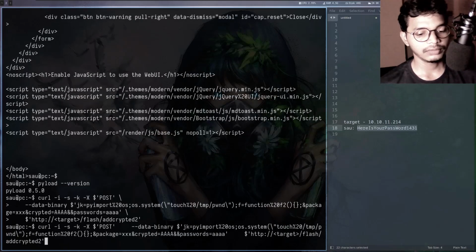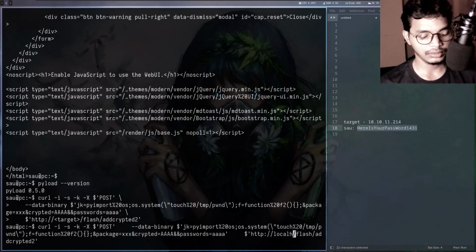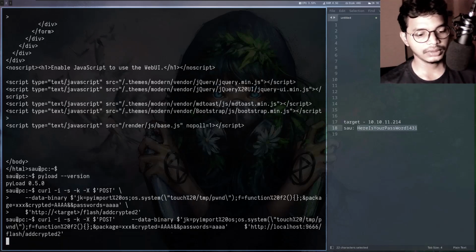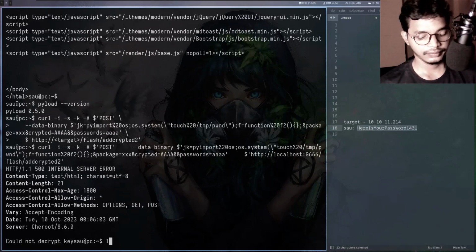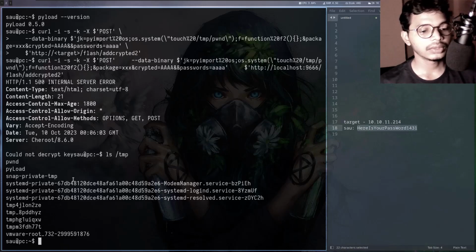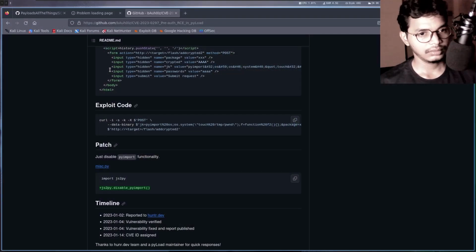Okay, we have not provided our target, that is localhost 9666, and we can check the file. So there is the pwnd file, so we can see the payload is working. Next thing what we can do,